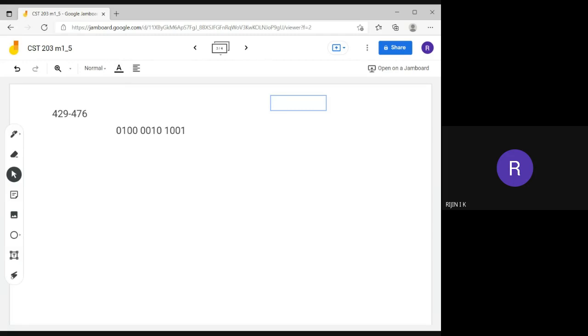BCD code for 4 is the same, 0100. Then 7 is 0111. Then 6 is 0110.